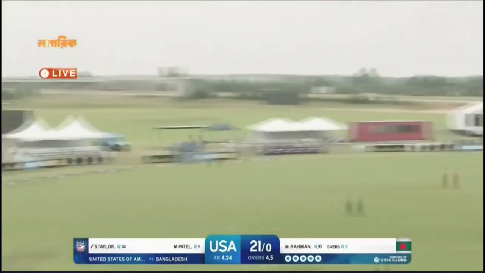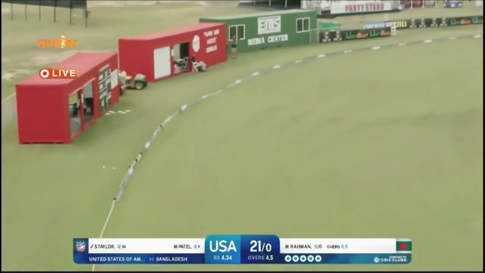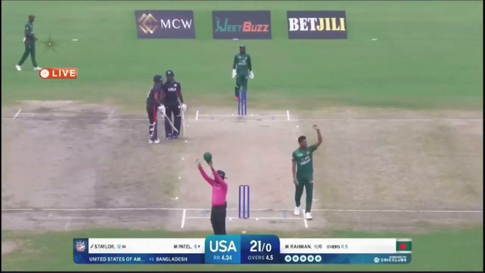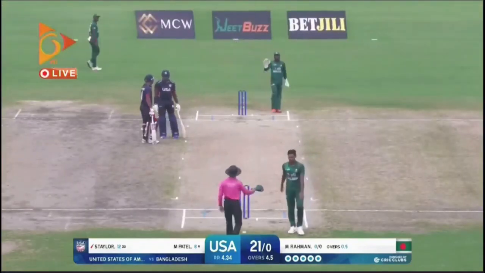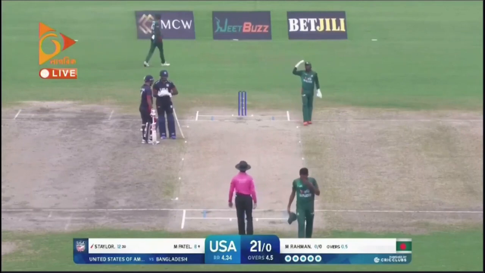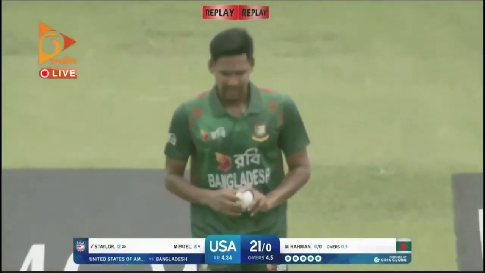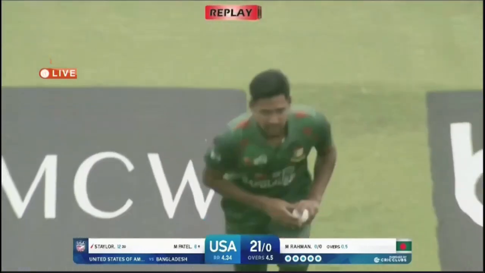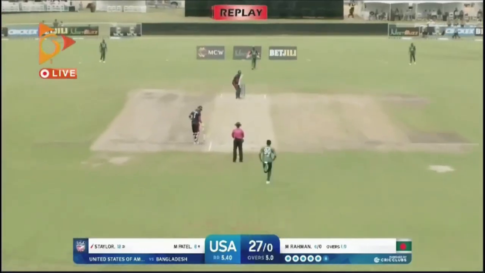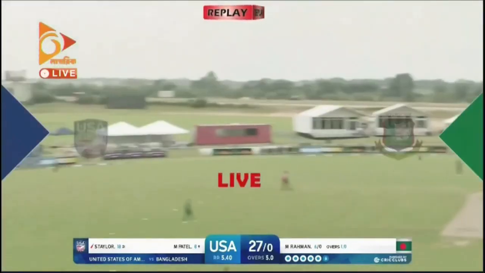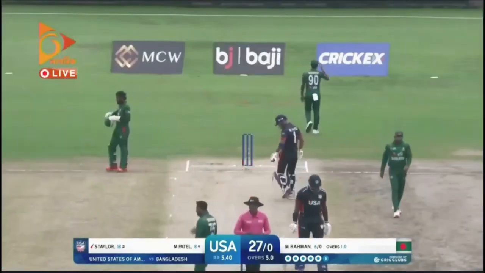Taylor goes big, and that's gone long and far over the media center, and that is the first maximum of this match. Wow, Mustafizur going with the slower delivery, went pace off, but Steven Taylor was ready for it, absolutely latching on to this. You'll see here on the replay, he grips it as though it's going to be a regular seam-up delivery, but then at the last second just rolls the arm over, kind of an off-cutter, and